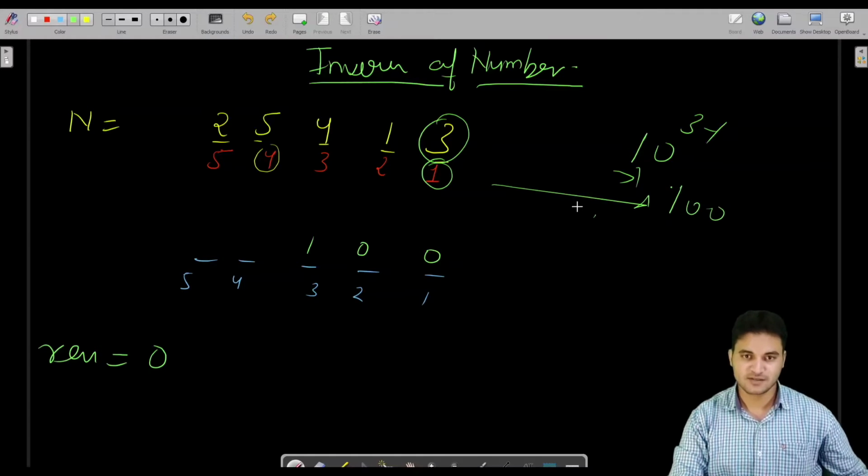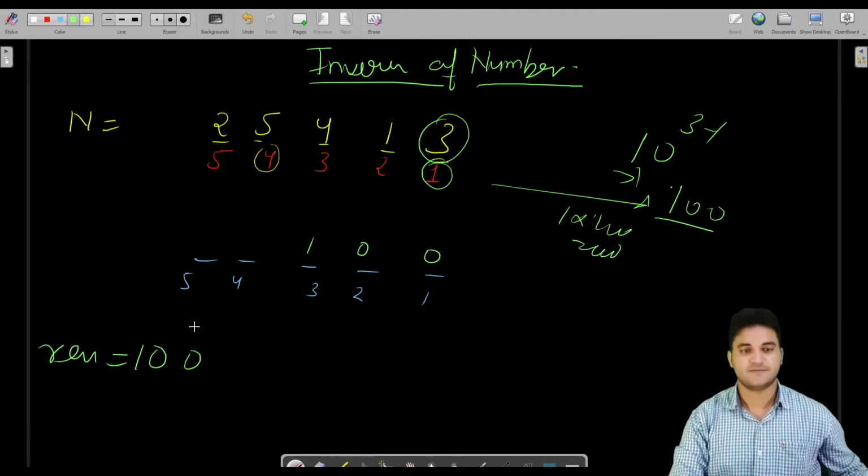Let us see this with another example also. Let us say I have to multiply this one with this. One is the current position. So the current position is 1, so 100 into 1 is 100. I will just add 100 into this. You can see we have 100. So the result is 100.